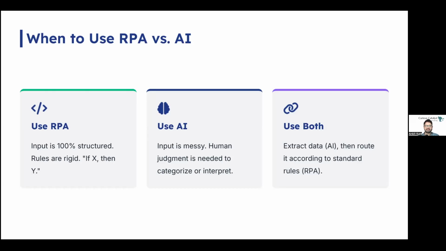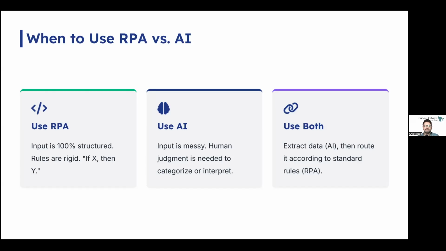Let me give you an example. Let us say if the invoice is over $5,000, you can send it to the director for approval. This is where the data is structured. The rule is simple, perfect for RPA. Then the second one is classification of the support ticket by intent and urgency. Now over here, the data is unstructured and it is in free form text. People describe things differently. The way I am describing it may be different. The way you are describing it may be different. This is perfect for AI.